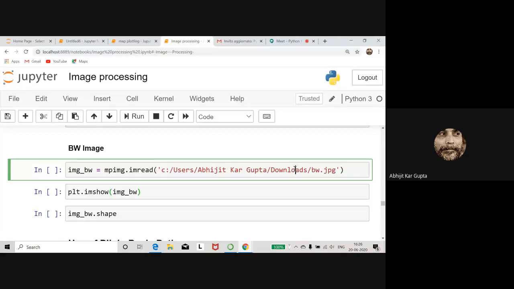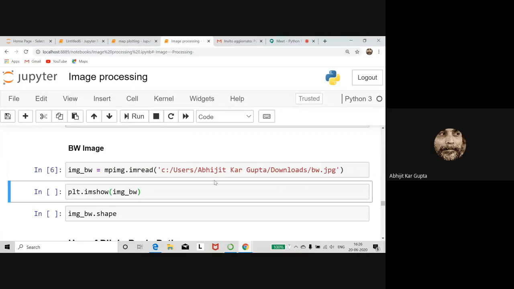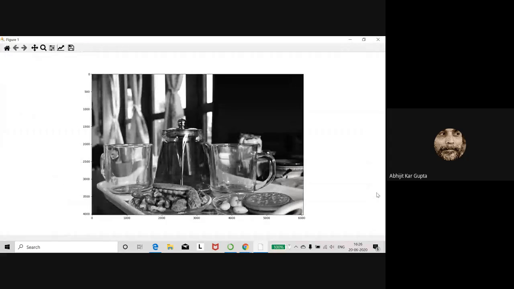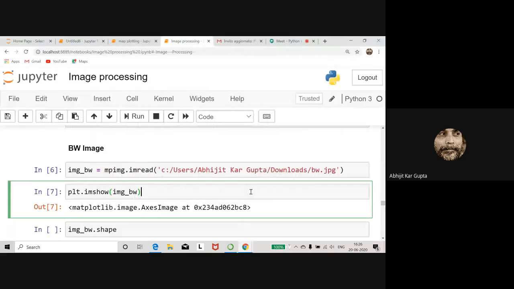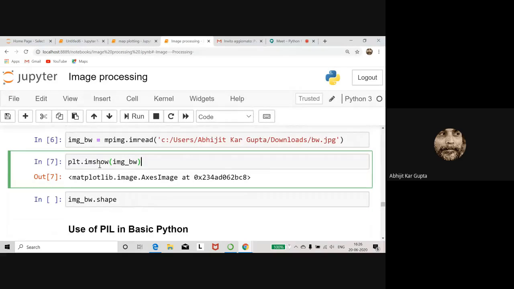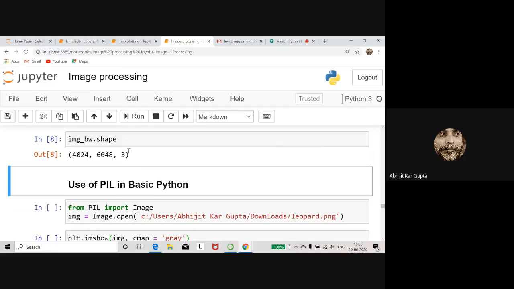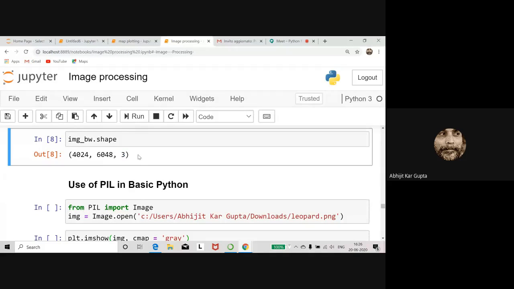So this is another image, a black and white image. Let's see what it is. So this is one black and white image. He claimed that this is something different. But when I see the shape of this image, it is by 3. That means it is actually not black and white in a sense.